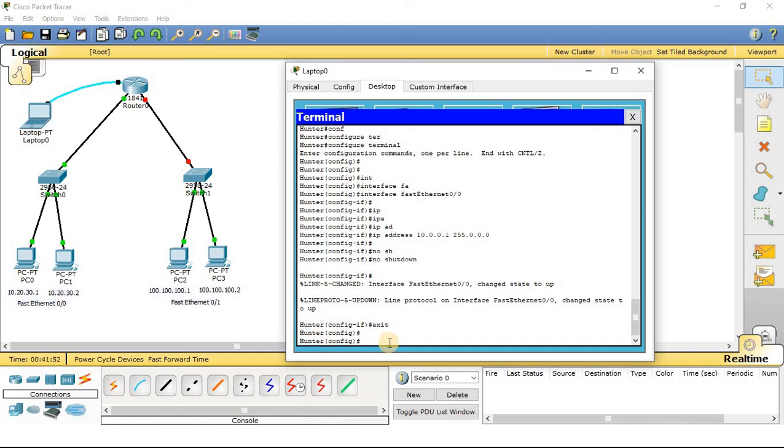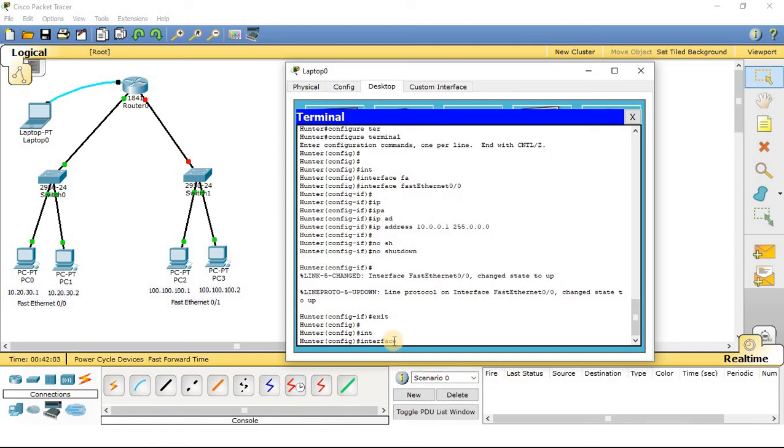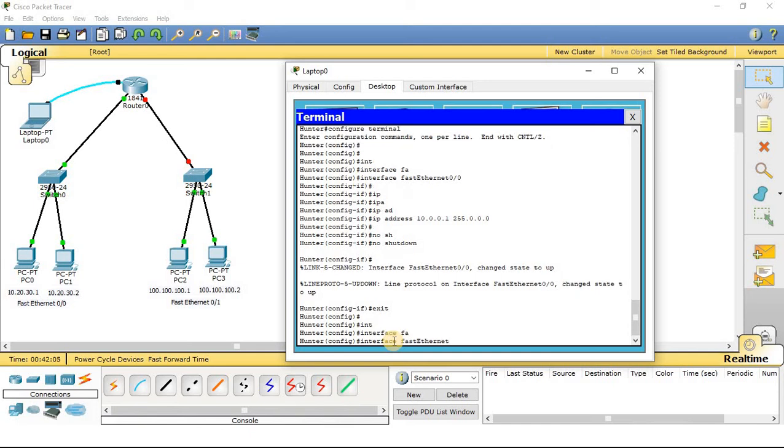So again from the configuration mode I will access this port. For doing that, again I will write the command interface fast Ethernet 0/1. So the name of this particular port is fast Ethernet 0/1, where these two computers are connected.